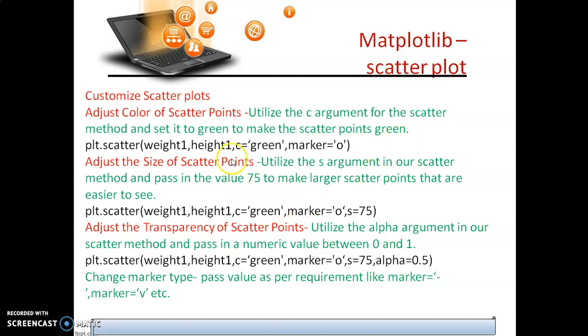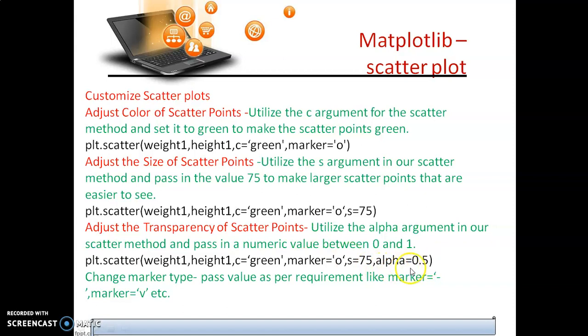Now adjust the size of the scatter points. We can use the argument s and pass the value 75 to make them larger. So we will put s here and put 75 in it. What it will do is make a larger circle. Now adjust the transparency of the scatter points. We can use alpha.